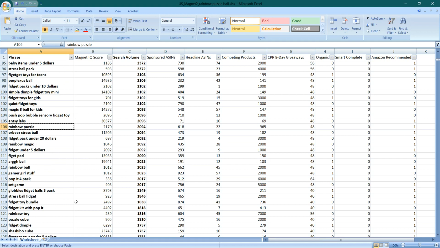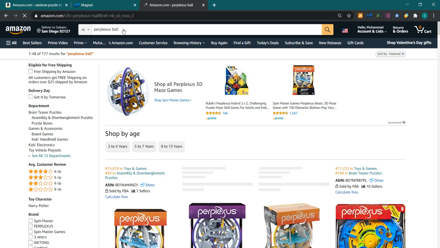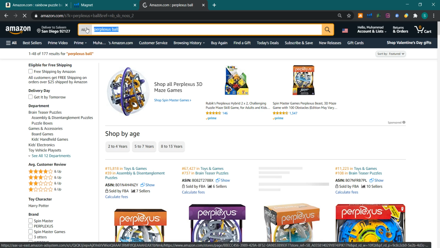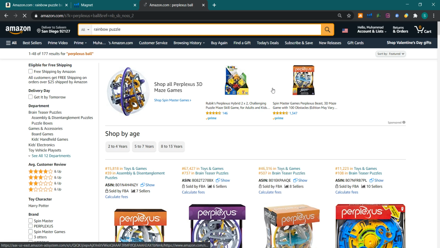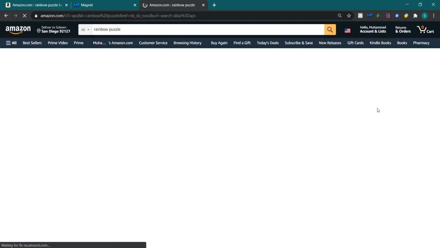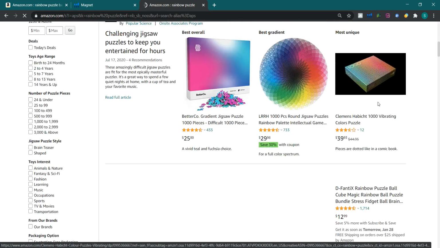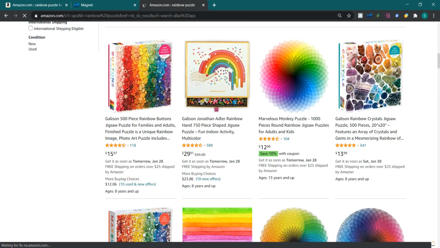Rainbow puzzle. It can be the main keyword. Let me check. I mean, it can be a relevant keyword, not the main keyword. We have already found the main keyword. No, it is not the product which we are looking for.